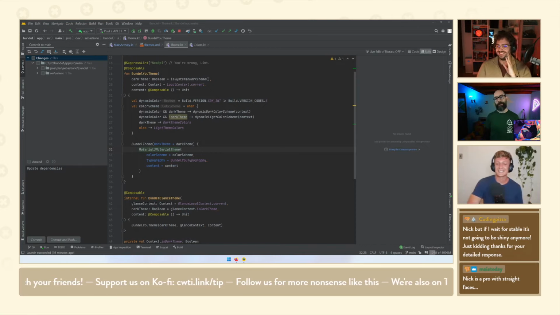All I can say is it's actively being worked on, and it's very much known as a thing. This is probably the blocker for adoption, because if you can't just switch out your app's theme from Material 2 to Material 3.1 and have the components available to you that you're already using, it's immediately a bit of a hard sell. So it's very much known that that is the case.